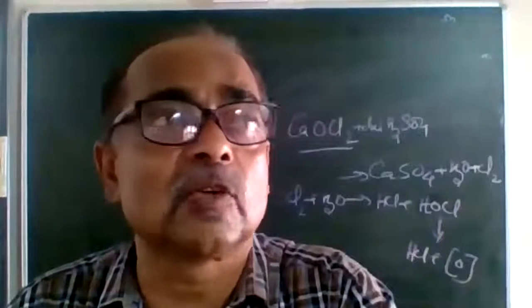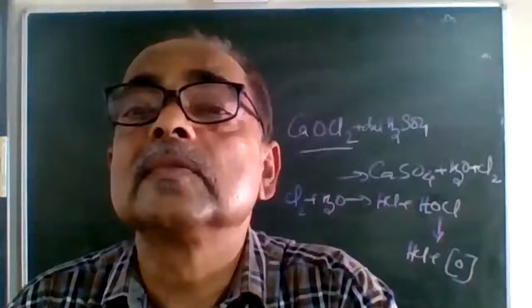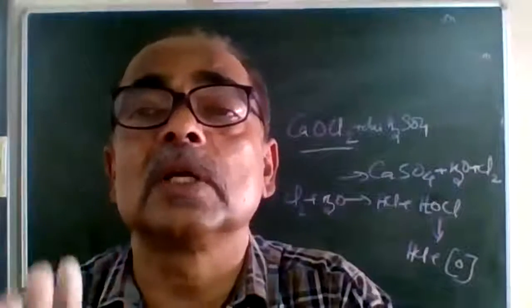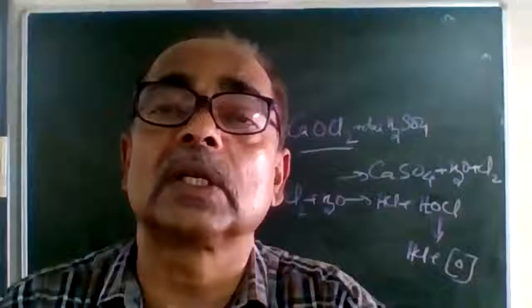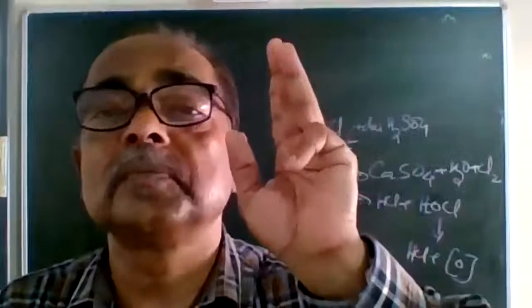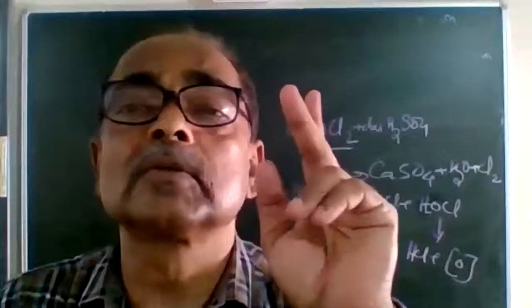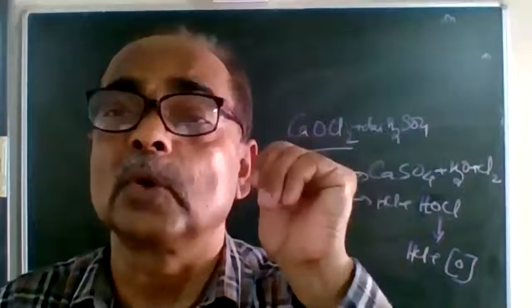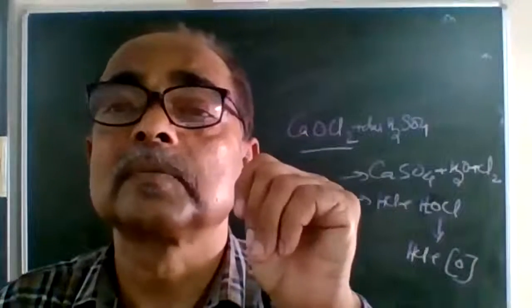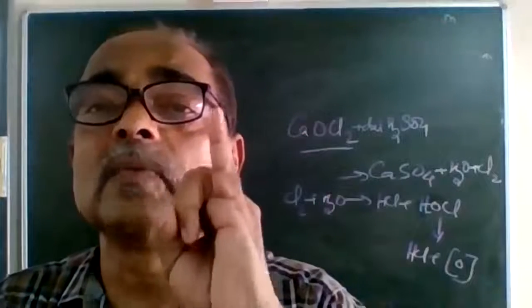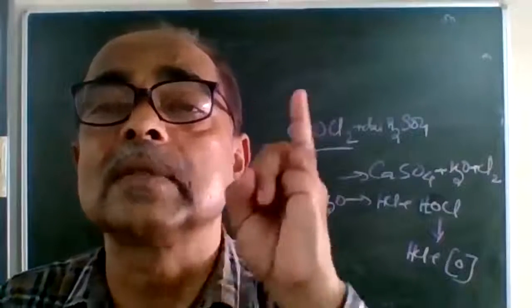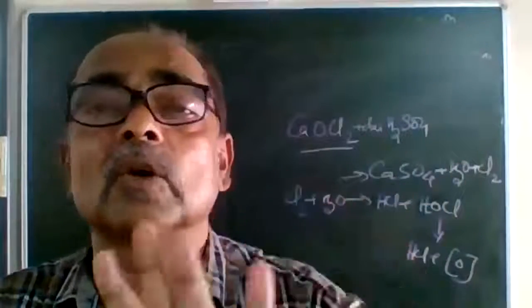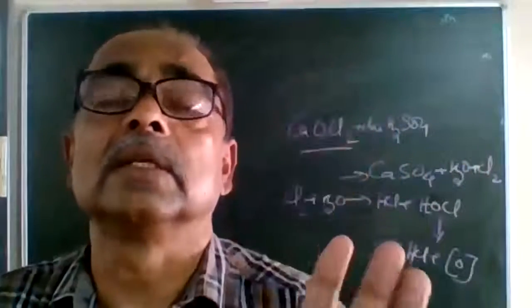Now coming back to the tests of acids and bases. It depends on the distribution of marks. If the question carries more marks, you need to write all the tests: litmus paper, methyl orange, phenolphthalein, and pH paper. That is four. Understood clearly? Indicators: litmus paper, an acid changes blue to red, an alkali changes red to blue. Methyl orange, all this we have studied. That is how it is tested.